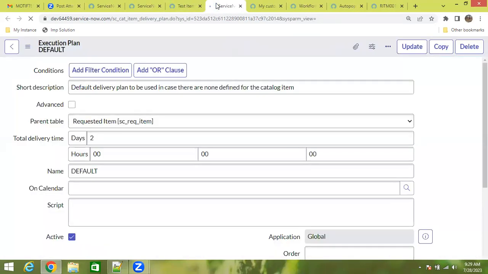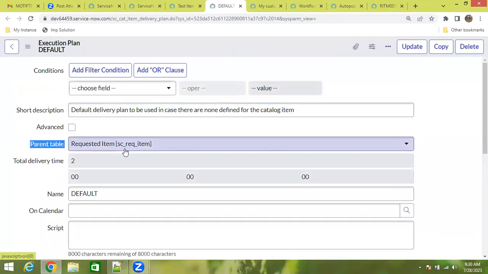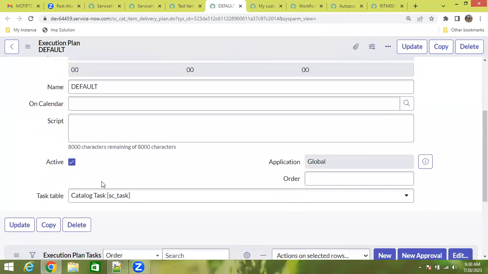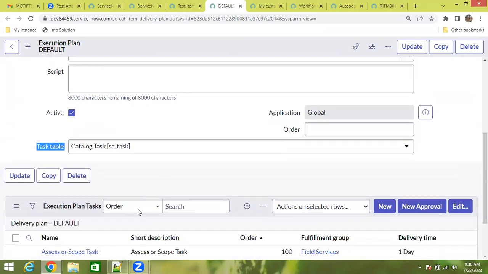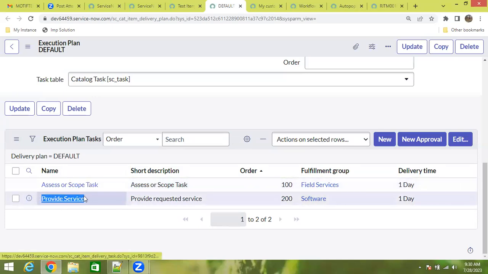So this execution plan executes on the requested item table, and it will create records on the task table, the catalog task table. And what does it do? It creates these two tasks, execution plan task and task. These are the two tasks. Now you can see here,